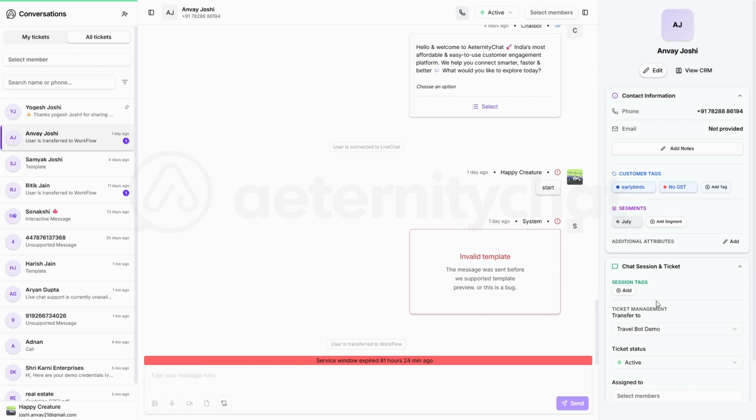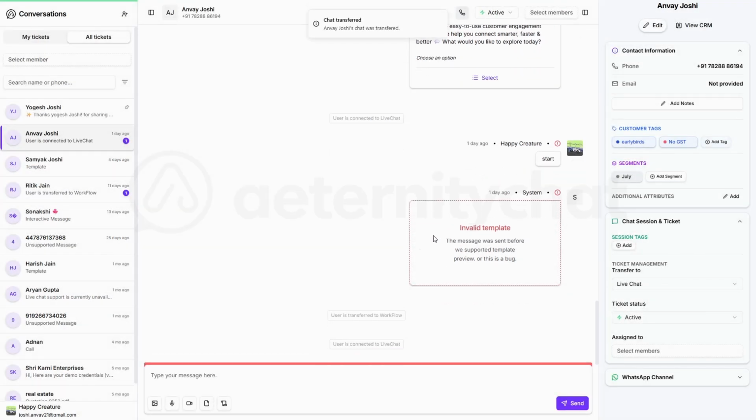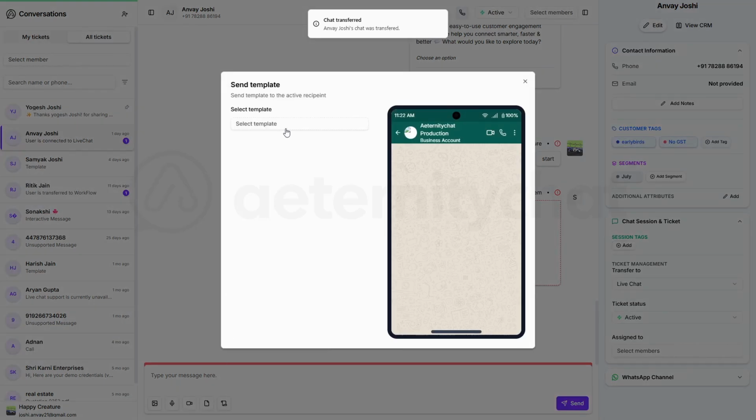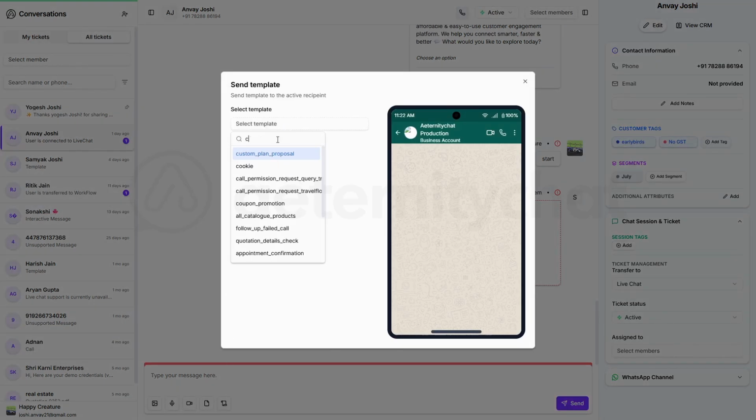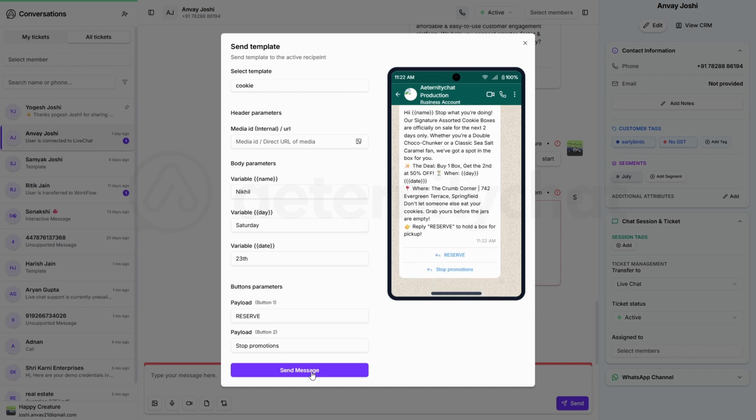Now, if you want to chat with a person, there's an important process you need to follow. First, you have to shift them to live chat. Once the person is shifted to live chat, you cannot just start messaging them directly. You have to send an initiation template to talk to that customer. The customer must interact with that template first. Only when the person interacts with the message on WhatsApp will the 24-hour session window start. And then you can chat freely using the live chat.